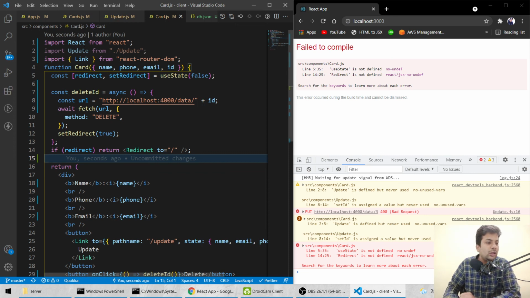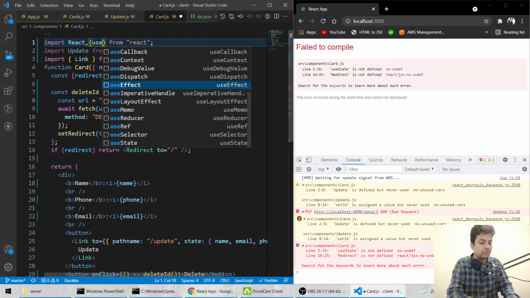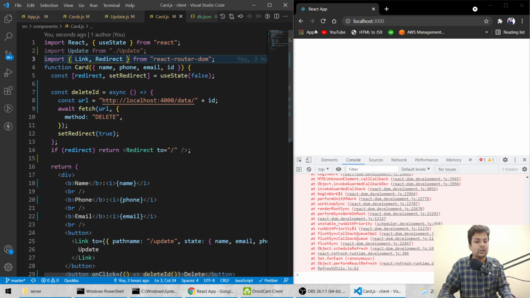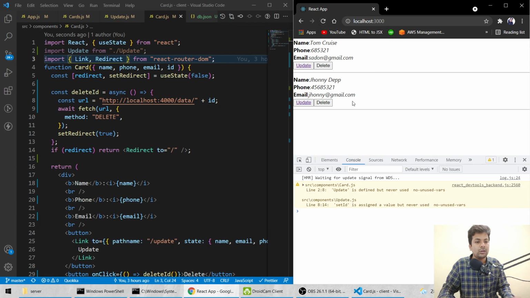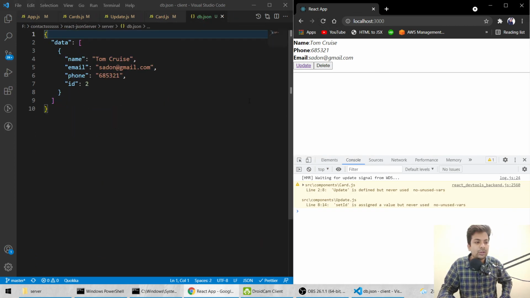Used it, so we have to import useState, and we have to import redirect also. Redirect, save it. So everything is fine. So if we just remove Johnny Depp, it got removed.